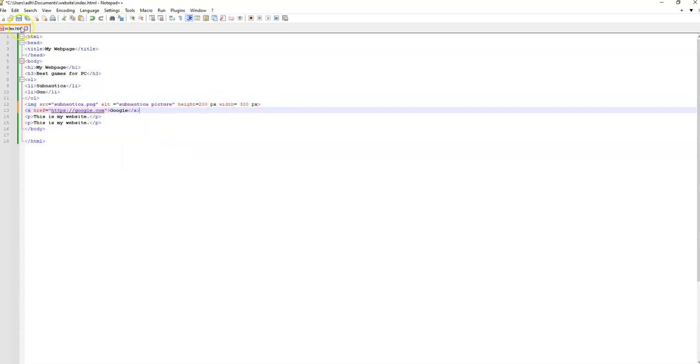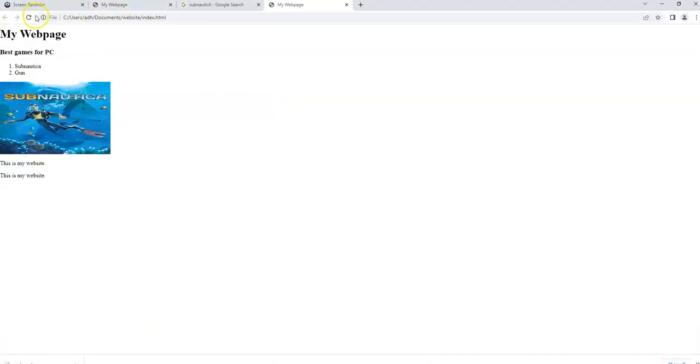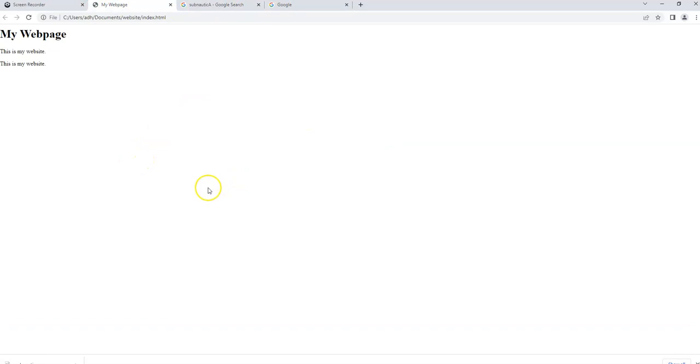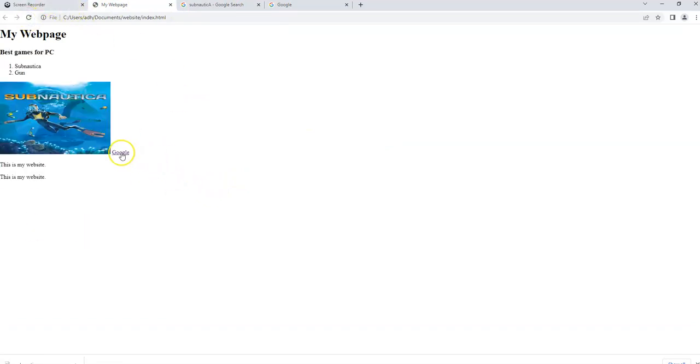Okay, so again, make sure you save it before checking it works. Come back to the web page, refresh it, and you can now see I've got a link here, and as you can see, it links me to Google beautifully. So there we have it, a quick way to put a link in to another site. Now you may notice that it's appeared in line with the image here, which is not